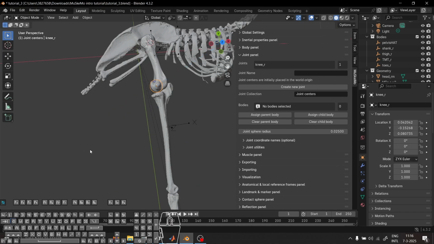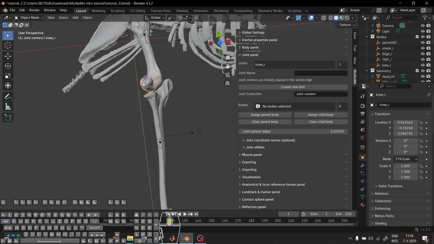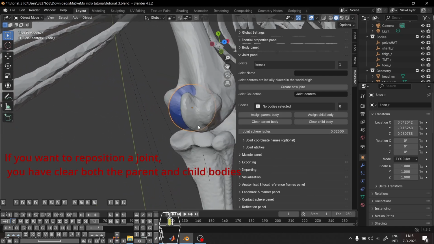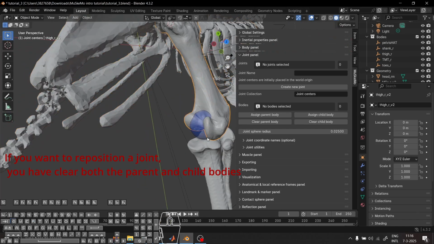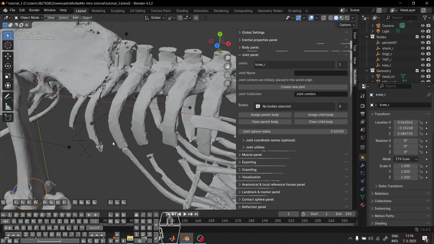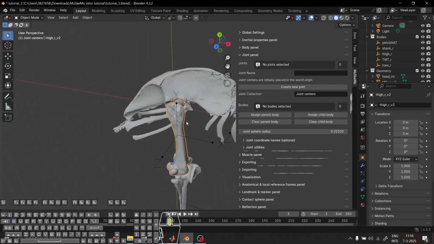Perfect. So there's more than one way to define the joint. This was the easiest way. You simply assign it manually. If you're not happy with the exact placement, you'll have to unparent it and then redo it. But there's a different way to assign joints as well, and I'm going to demonstrate that with the femur, because